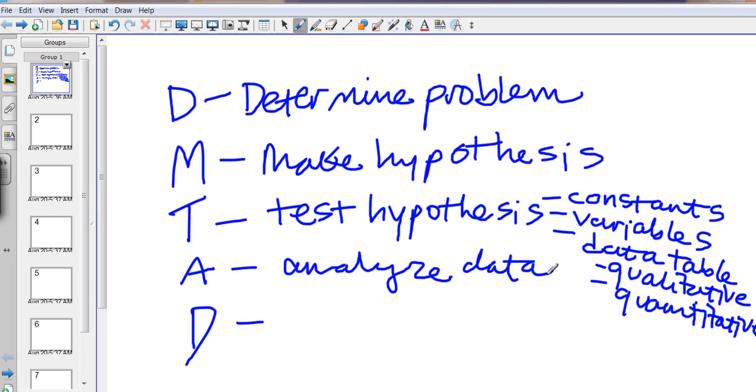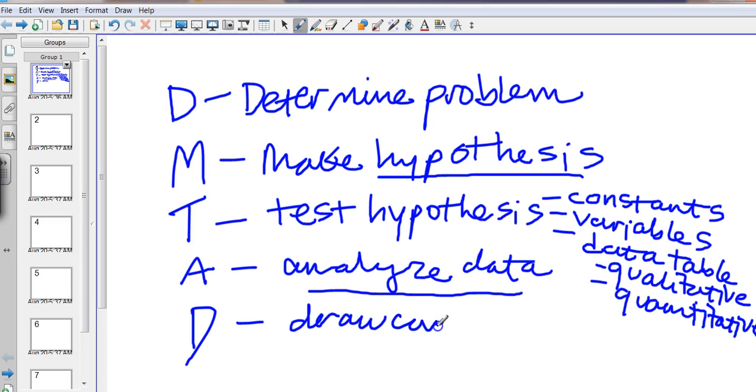Okay, and so by analyzing the data, you're looking at what you stated as your hypothesis, and is the data supporting what you stated, or is it not? In a lot of cases in science, it's not. So you have to repeat the experiment over and over again, okay, to actually have quality data. And then you draw conclusions about that data,